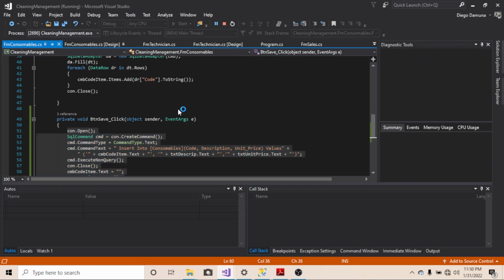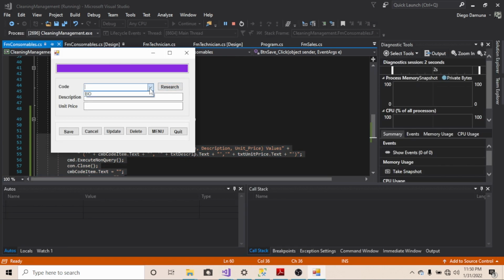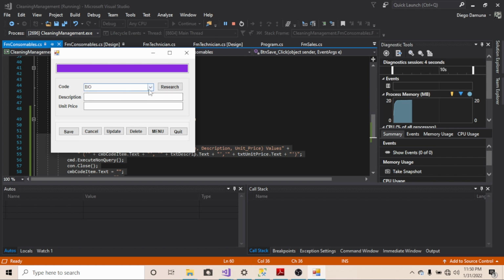I think now we'll be able to see. You see, this is the first code that you created, but we were not able to search it right after creation, after insertion. Let me go for the second product. So the code of this product is going to say